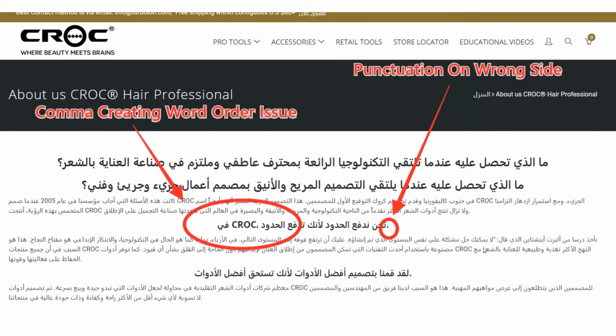The second issue that we see is issues with the right to left encoding on the website. So we have a whole other video about this. I suggest that you check that video out too, but oftentimes when a website is converted from English to Arabic, a lot of the CSS doesn't get set up properly for Arabic, and a lot of the content on the website displays the wrong way, with things like punctuation and other stuff showing up on the wrong side of the page, which makes it very hard for Arab users to utilize the website.